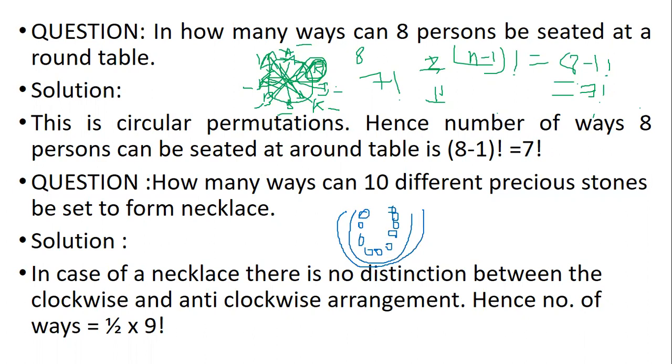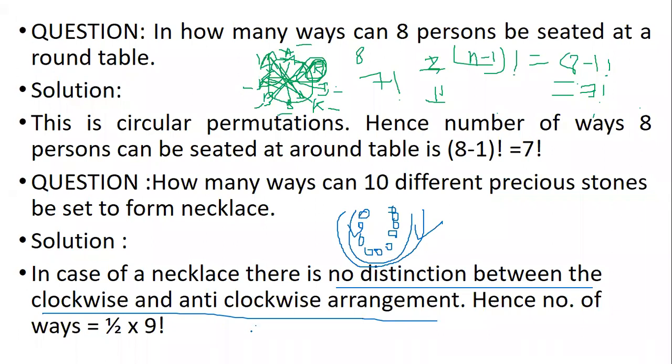In a necklace, let's say it is a pearl necklace. Now, in a pearl necklace, it will be pearls only. Let's say 10 pearls I have taken and I'm making a necklace. So, if I arrange pearls from left to right, or from right to left, it both means the same because at the end of the day you have pearls in your necklace. So there will be no distinction between the clockwise and anti-clockwise.